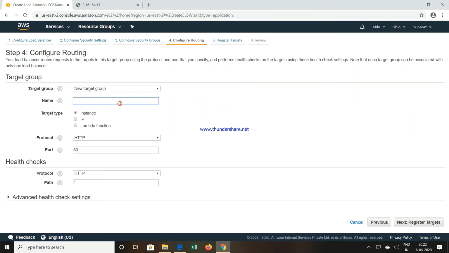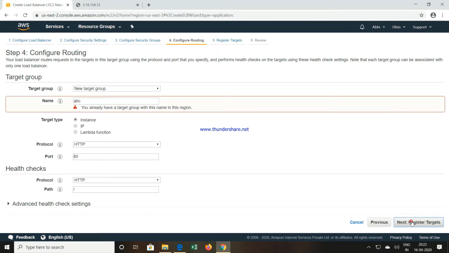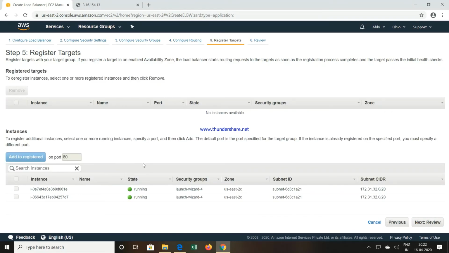New target group, give some name for the new target group. I am saying ABCD. Target type should be instance. Protocol is HTTP. Then you have to click on next. Now here you have to register your instances into the targets.